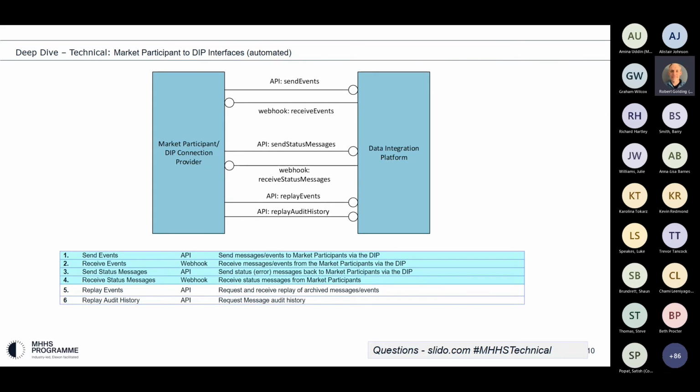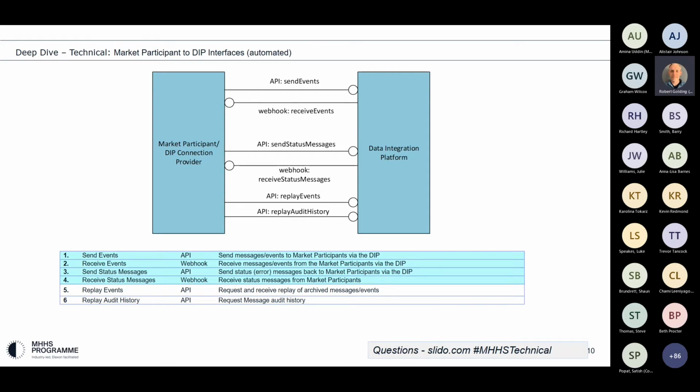Even though, as I mentioned before, the TOM can look hideously complex, in reality, the interaction with the DIP couldn't be simpler. All the logical data flows, the purple lines on the slide earlier, are represented over two separate interfaces, one for incoming messages and one for outgoing messages.